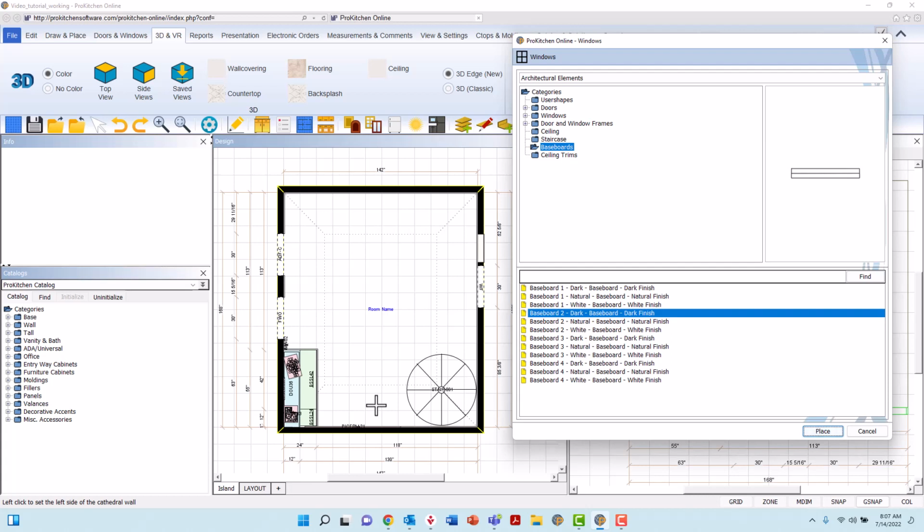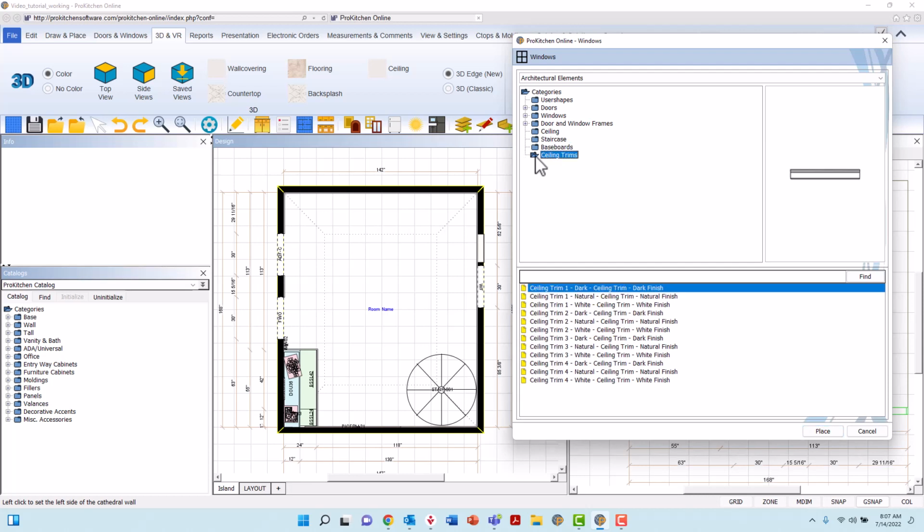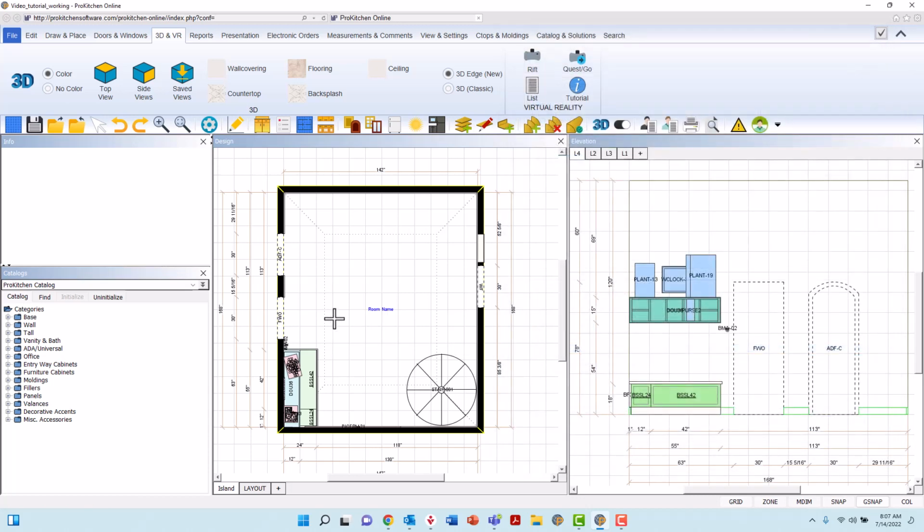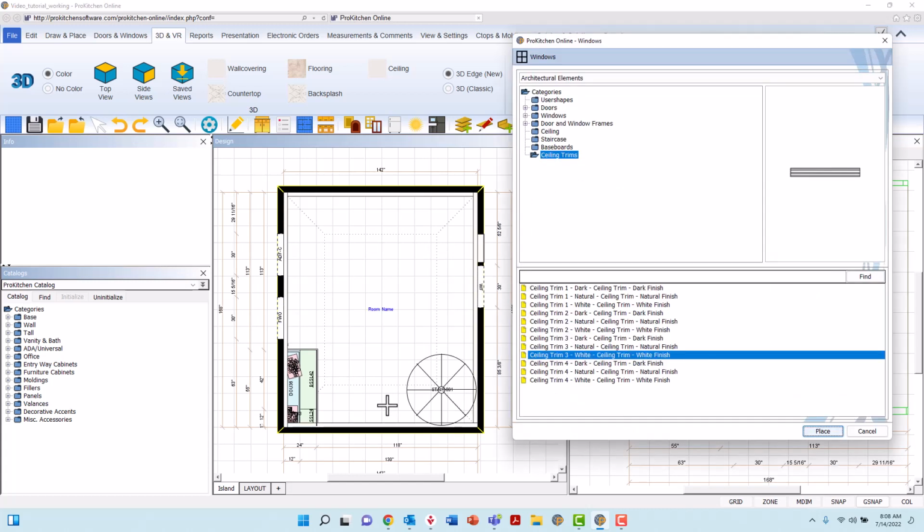dialog box. The last option in the Architectural Elements catalog are the ceiling trims. Similar to the baseboards, you are provided several profile options, each in varying finishes. These items will place exactly how the baseboards were placed, by left-clicking once in the wall zone for each wall that requires the trim, and tap the Escape key to return to the dialog box. After you have finished placing all the required components, left-click Cancel at the bottom right corner to dismiss the dialog